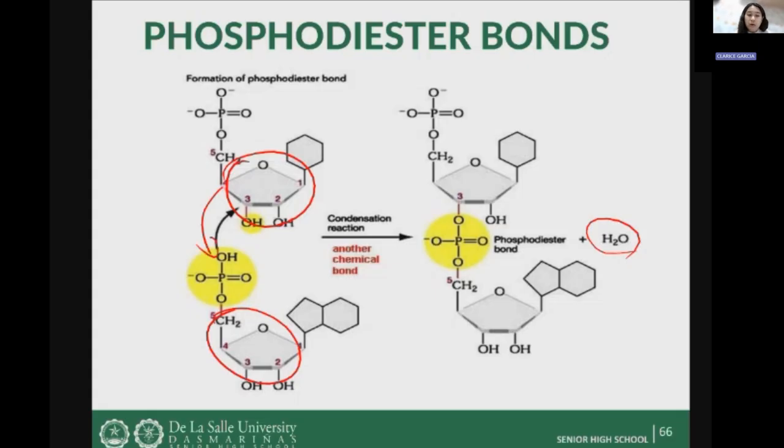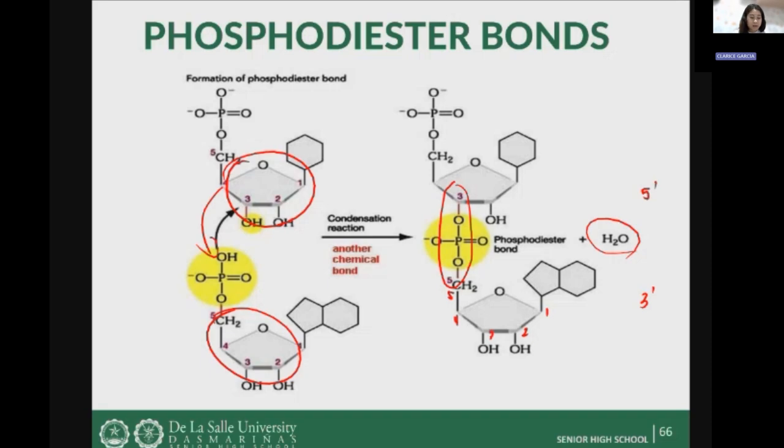Okay. So, how did we get 5' to 3'? Again, the counting. The counting will be 1, 2, 3, 4, 5. So, the 5th carbon has an attached phosphate group. Then at the third carbon, this is where the hydroxyl group is attached. So this is where the direction is, or where it came from. So the 5' to 3'. So if this strand is 5' to 3', the other strand of the DNA will be 3' to 5'.